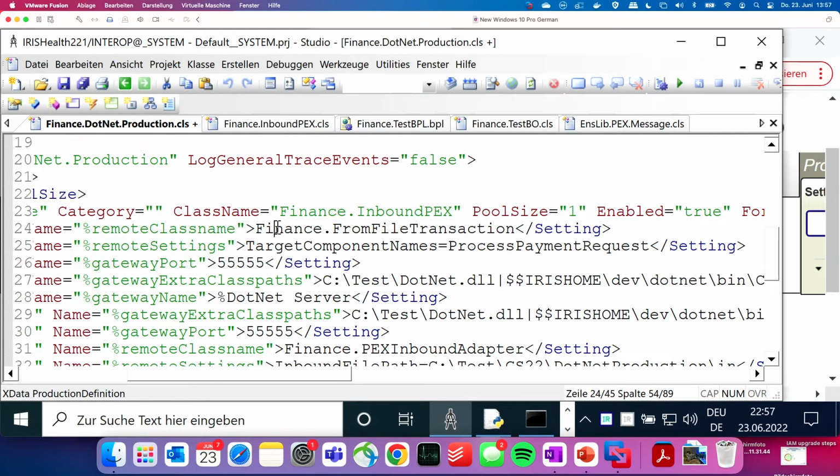So what's the class name in .NET that implements this interface? That's what I'm setting here. And there's a way for handing over properties to .NET or Java and saying, hey, there's a property in this class which is called target component names, and I'm setting it to the value process payment request. So you can hand over values to the other environment.